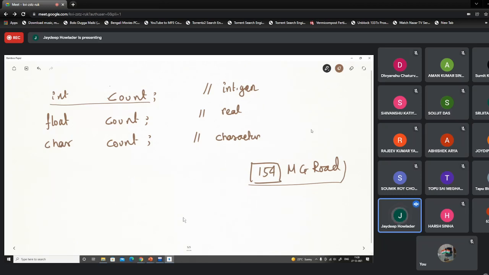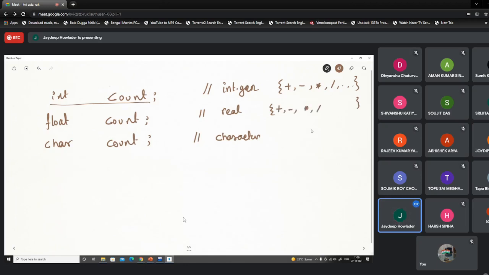So we have to identify what types of data we are representing, and when we are representing the data, what we are doing with it. Inside these types, we are also associating a set of operations. For integers, I can do addition, subtraction, multiplication, division, or different types of operations. For floating point data, we also have a defined set of operations.